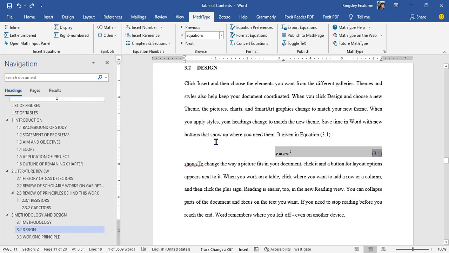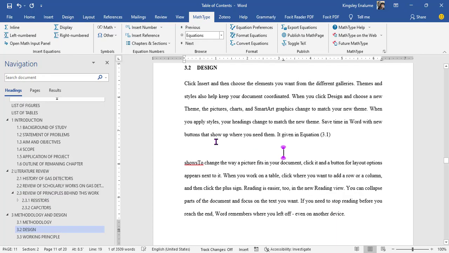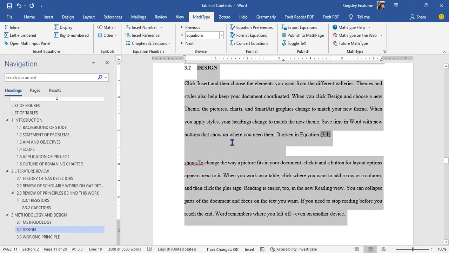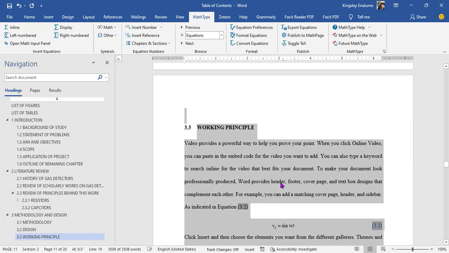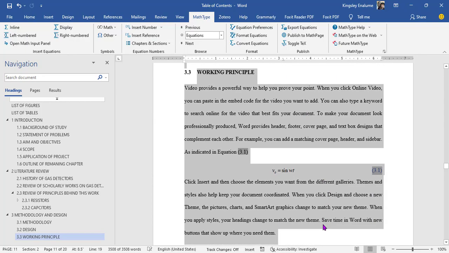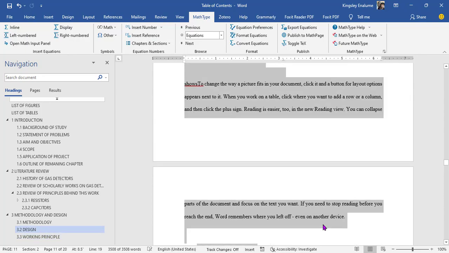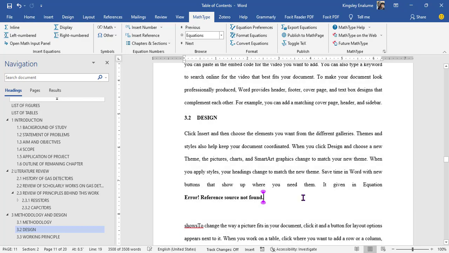Let's repeat the procedure. Let's see what happens. Okay, we'll have to highlight the entire text. Okay, let's highlight before updating. And once we update, you look at 3.2 become 3.1 because 3.1 had been deleted. Update, equation 3.2 had now become equation 3.1. And equation 3.1 that we used in the body of the text has flagged error, so we can easily remove